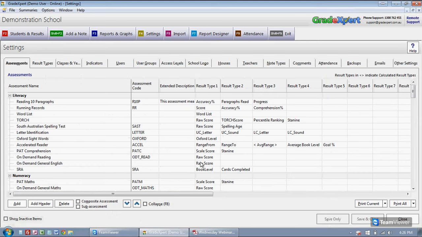If we go back into our settings screen, this is where the accuracy and paragraphs read need to be switched around. So we can add, remove, or change the order of the result types very easily. The result type 1 is the default result that is graphed. So if you click on any item, graph it, it will automatically graph result type 1. So the raw score here, the range from, the scale score, book level, and so on. And it means that if you're not happy with what's being graphed by default, you can just change the order of these result types. It doesn't delete